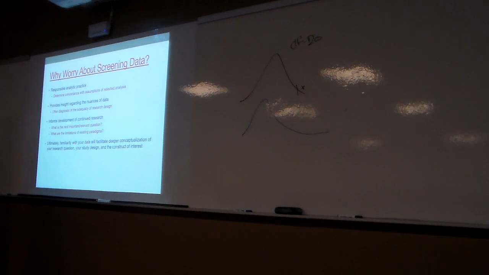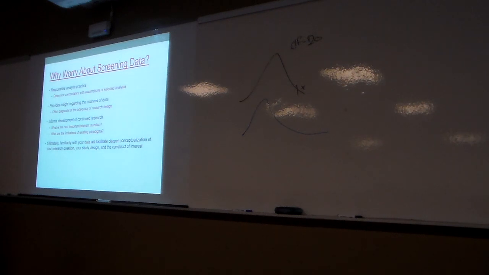Okay. Also, think about continued research questions and designs, things along those lines. I might find that in this condition, everybody kind of did what they were supposed to. In this condition, everybody was all over the map, right? And so I may have a violation of my analyses, but maybe that's the least of my concerns. Maybe what I'm really interested in is why was everybody all over the map in this condition versus not? What's going on with this manipulation that created what looks like chaos in terms of scores? Maybe there's something important in there that I need to be thinking about.